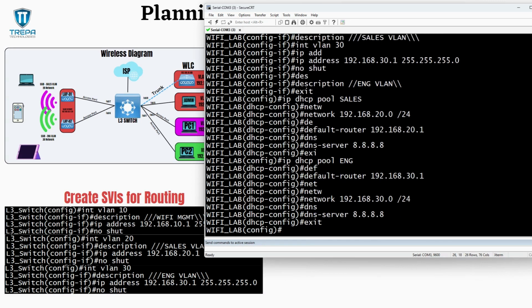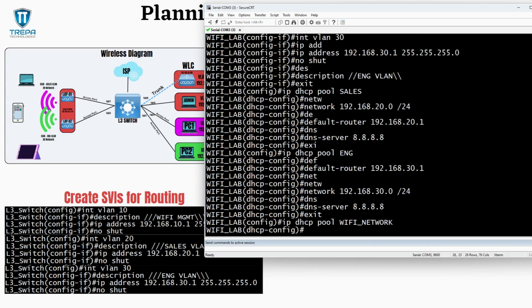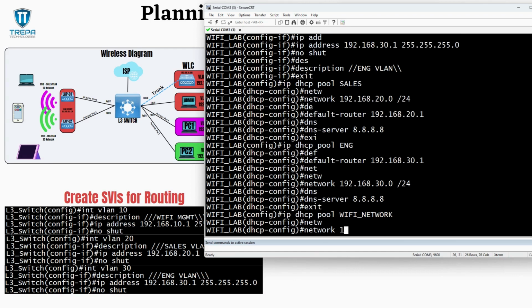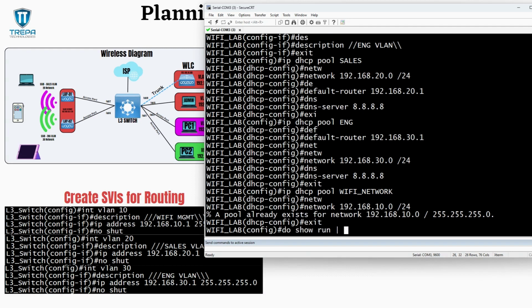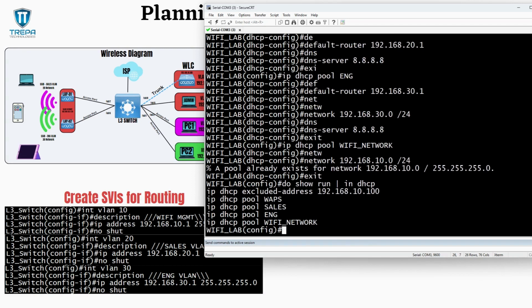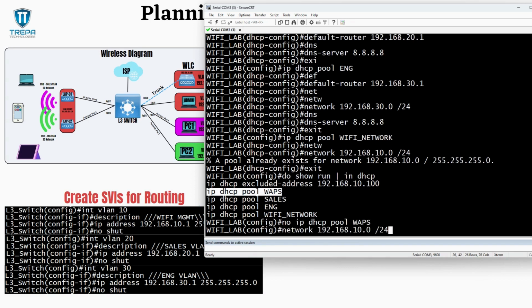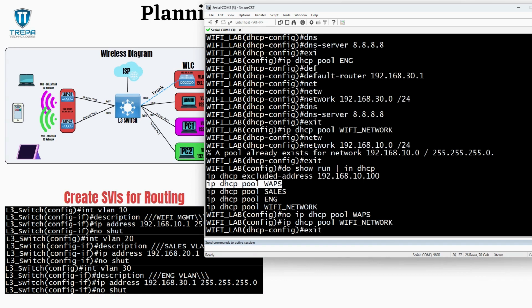All right, next, the very important DHCP pool, which is going to be for our Wi-Fi network. And we're going to have to give this a network of 192.168.10.0/24. So I already created this pool prior. So let me go ahead and actually just get rid of it so you guys can see the full configuration. So I called it WAPs before. So I'm going to get rid of that. And then go back into my new one that I'm going to create